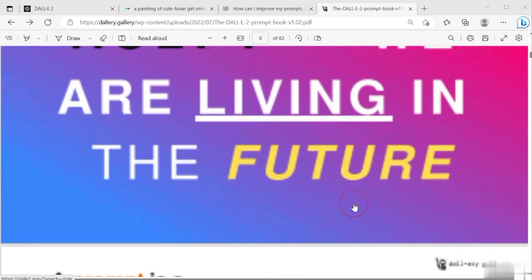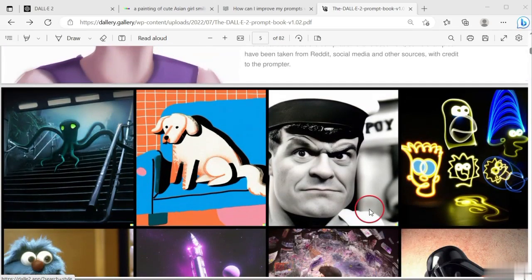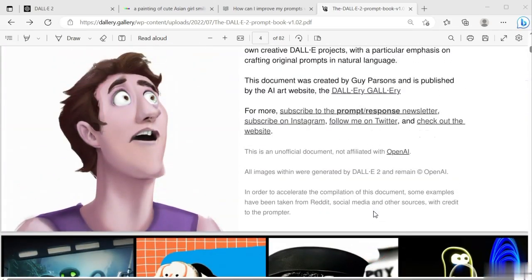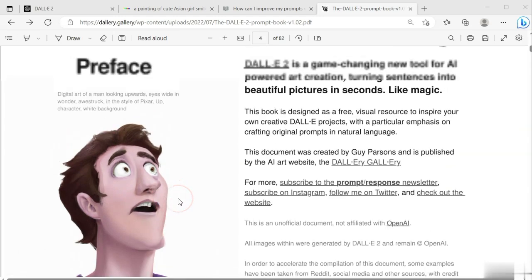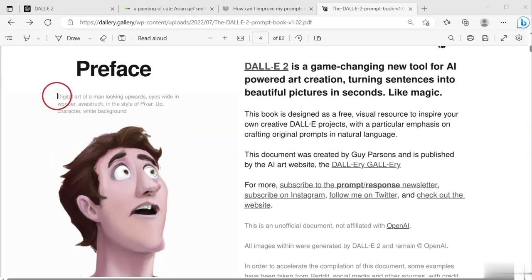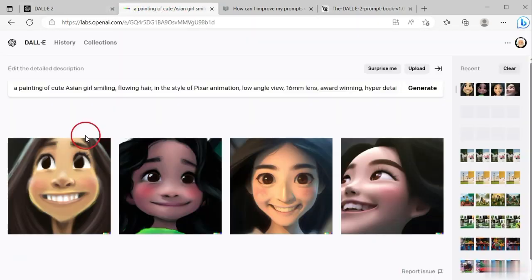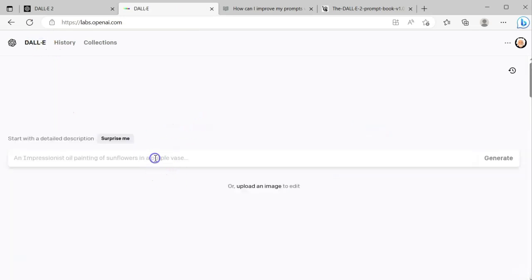Okay, so let's look at some of the pictures here. This is a good picture. This is also a good picture, right? This picture in fact has been generated using a prompt in DALL-E 2. So let's pick this prompt. I'll just copy this prompt and go to DALL-E. This is something I created some time back. Anyways, let's go back and